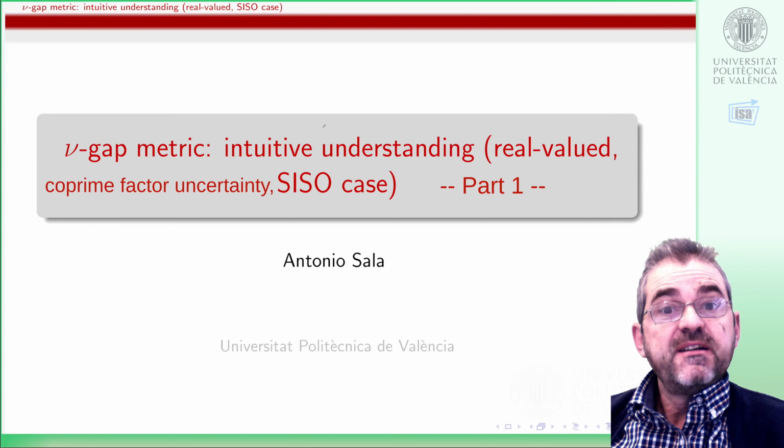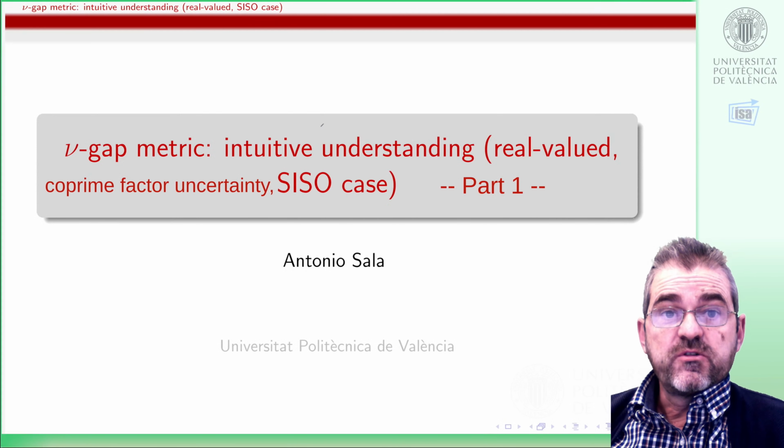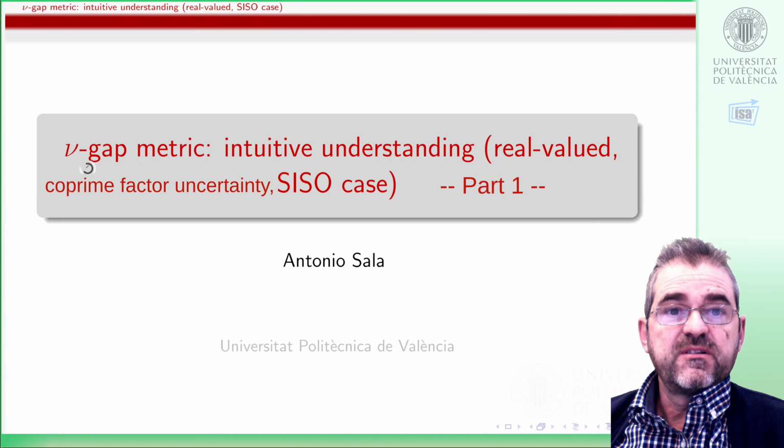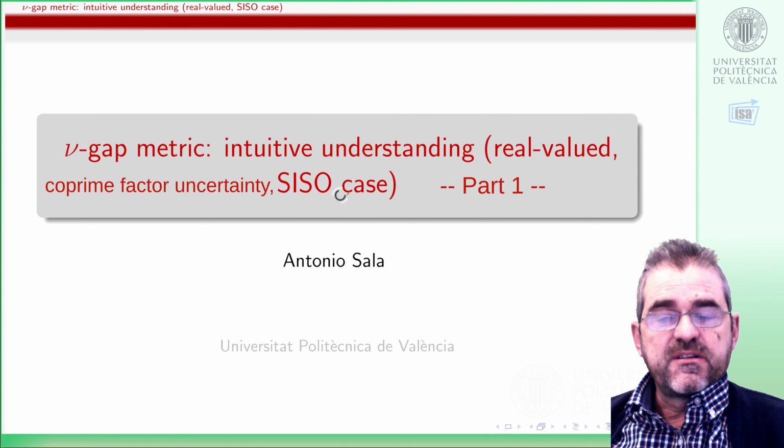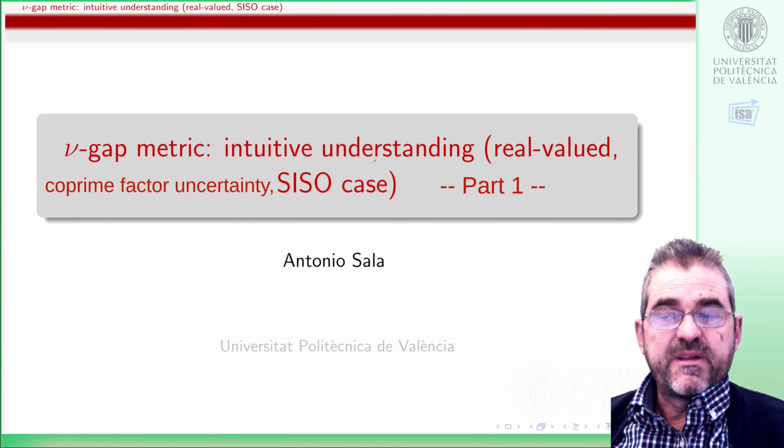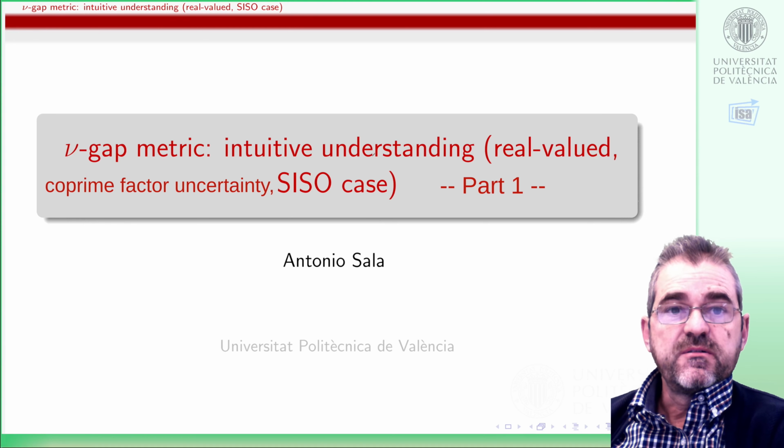Hi, I'm Antonio Sala. In this video, we'll discuss coprime factor uncertainty to try to get an intuitive understanding of the distance between two plants in the so-called Vinnicombe's nu-gap metric. We'll just concentrate on the simplest case, real numbers, single input, single output, to better grasp the intuition of the